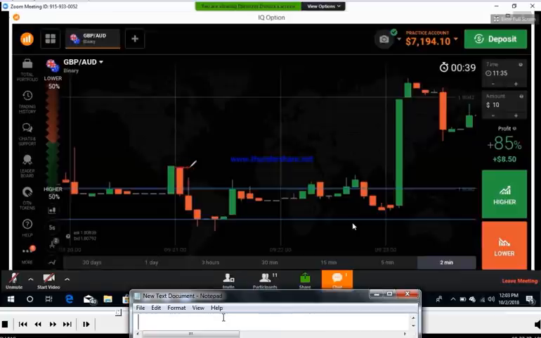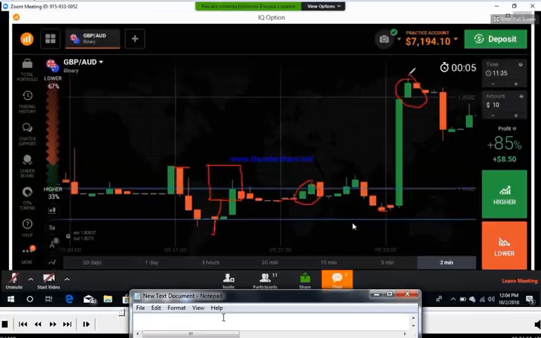So this is a red candle, right? This is the opening price. This is the closing price. This is a red candle here, and again this is another candle. This is the opening price, this is the closing price, but there is no confirmation. This is a very small confirmation, I think, and we can't trade with this type of confirmation.